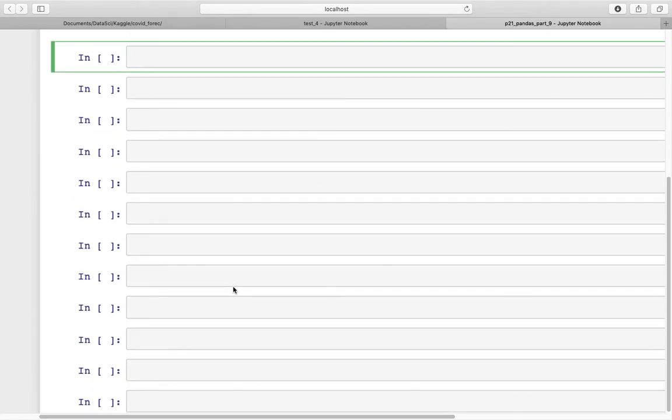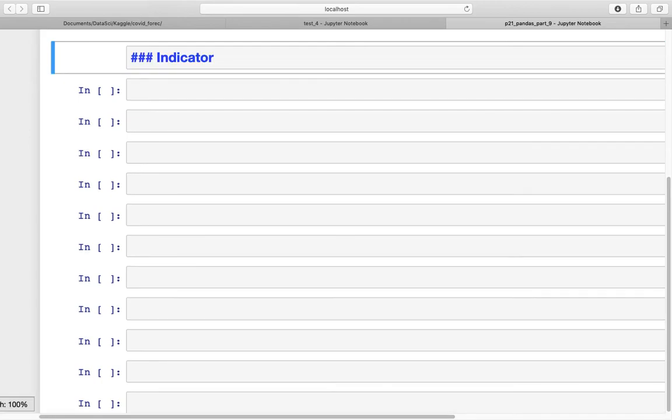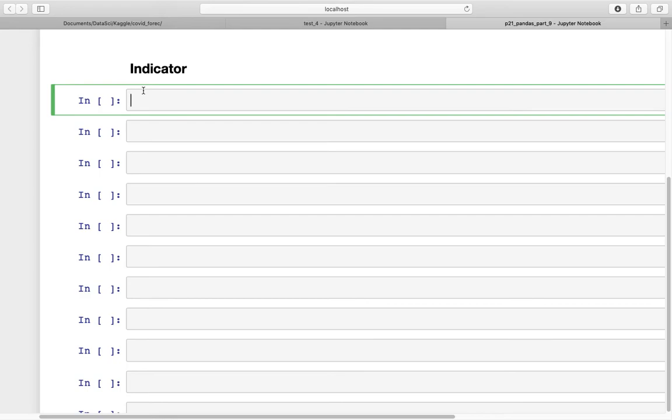Moving on, let's look at if there is a way we can use indicators that could tell us what type of join was performed to get any given row. So if we say df is equal to pd.merge, and we'll go ahead and use the same dfc1 and dfc2 on color. Now, what indicator tells us is what type of join was done, or what type of condition was there for the join. So if we say indicator column, and if you run this,